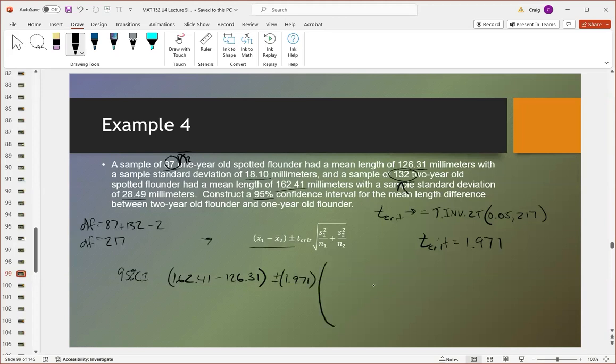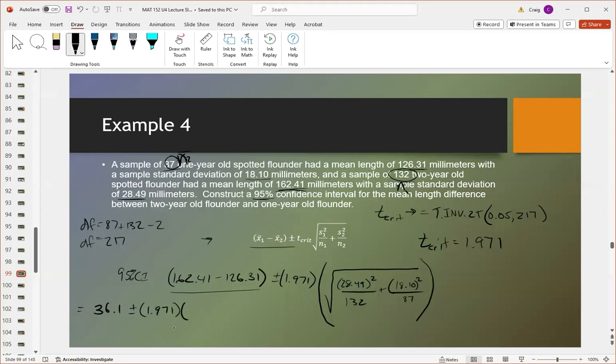And then we've got to find our standard error term here. This is S1, the standard deviation of the first sample. I'm sorry, of the second sample: 28.49 squared divided by 132 plus 18.10 squared divided by 87. And so if we calculate, let's first subtract these two. 162.41 minus 126.31 is going to give you 36.1 plus or minus